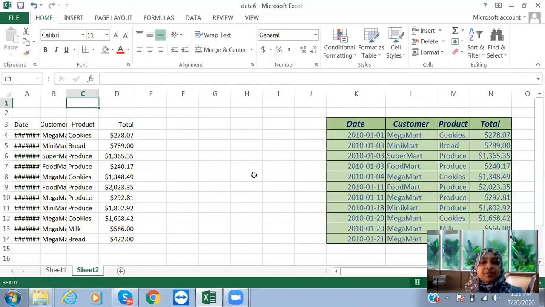Now we will review once again what all we have seen as of now. So you can see I have two sets of data. On my right side, you can see formatted data. It looks attractive, right, compared to the left side. Here some of the data are not visible properly, and there is no border, so we are not able to read the data properly, right?